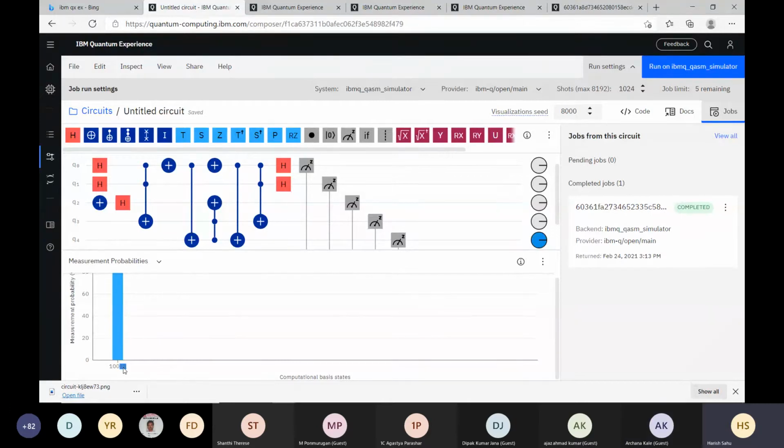In the other case, when this was x1 xor x2, that was a balanced function. That time this 0, 0 combination was not there. That time, if you remember, it was 1, 1. The first 2 qubits were 1, 1. So no 0, 0 state was there. Remember? So if these first 2 qubits are 0, 0, it means the function is constant. Simply, this is the interpretation.